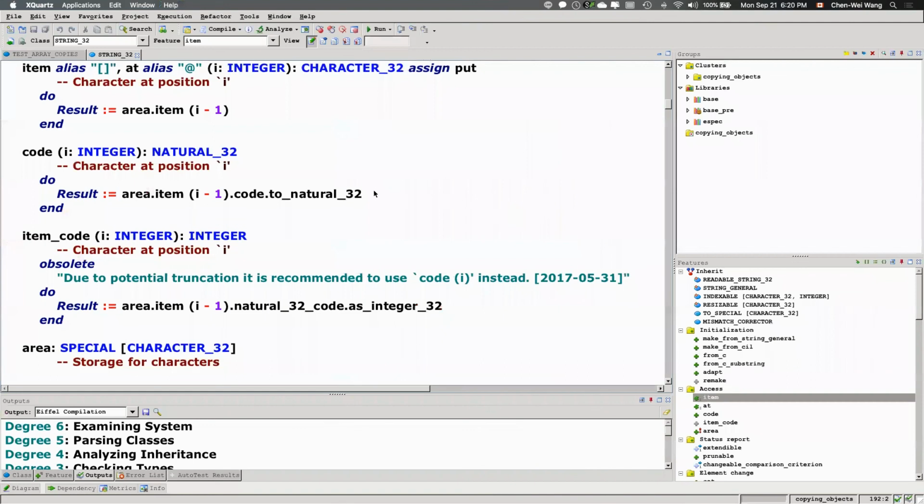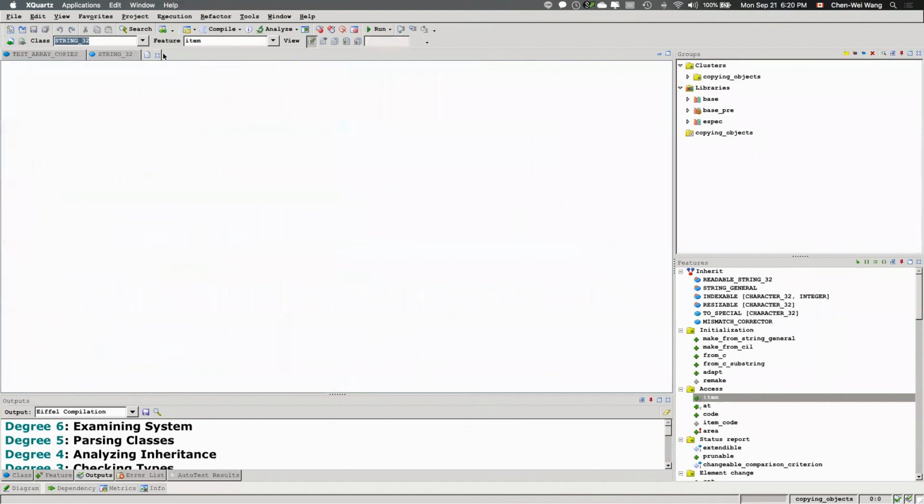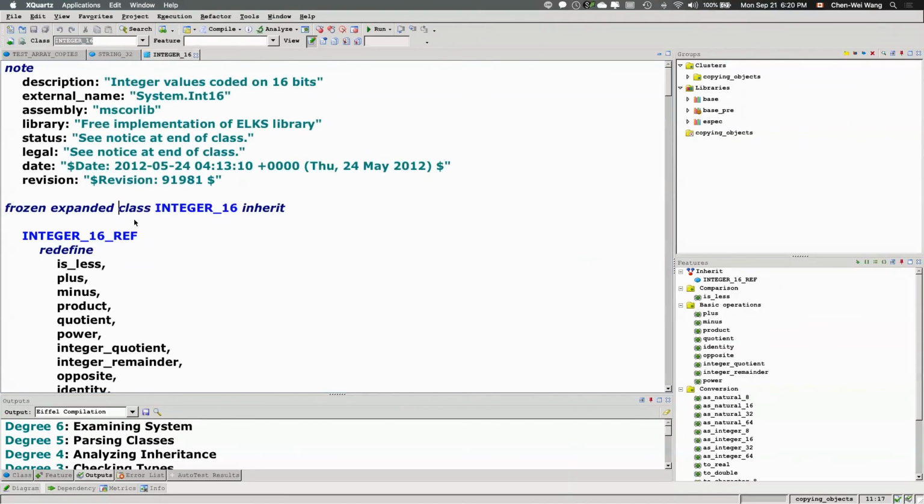If you go to iPhone Studio, for example to Integer, whenever you go to a class where it says the keyword expanded, we'll explain what expanded really is, and why it would be useful from the modeling point of view. We'll get there when we talk about the singleton pattern. But for now, every time you see a class is expanded, it's basically a primitive idea. So you will see Integer is a primitive type, expanded, meaning that there's no address for that particular value, just a value, no address. And for character,